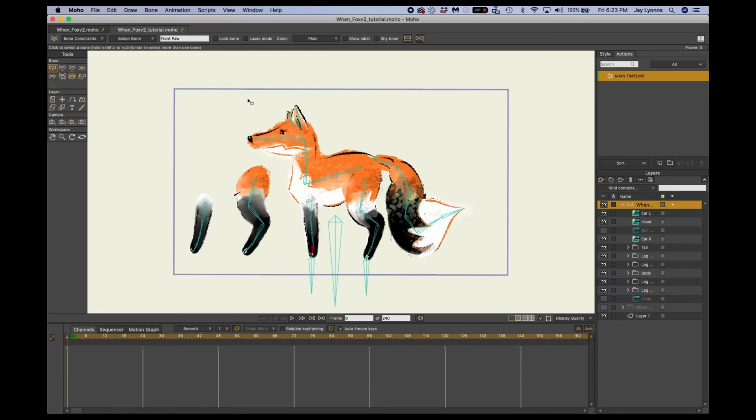And I might as well add an L on there to tell us that's on the left-hand side. Front Paw L. And I'll select the rear paw and call it Rear Paw L. Now with that bone selected, my rear paw,